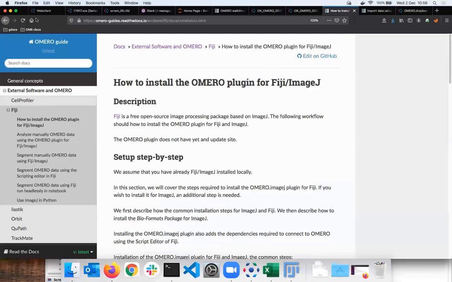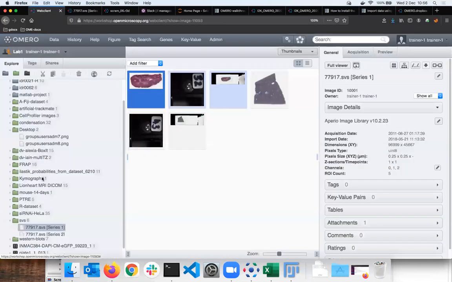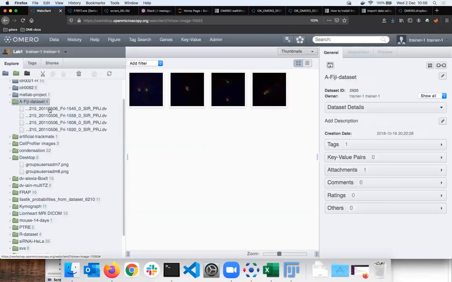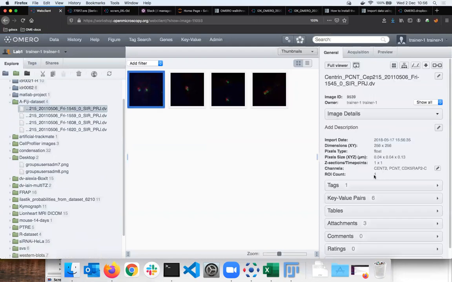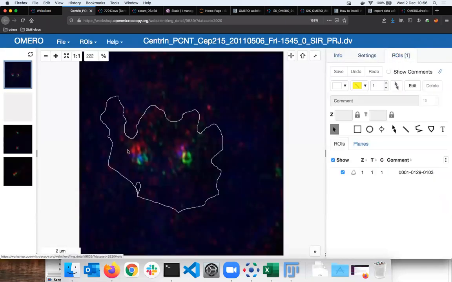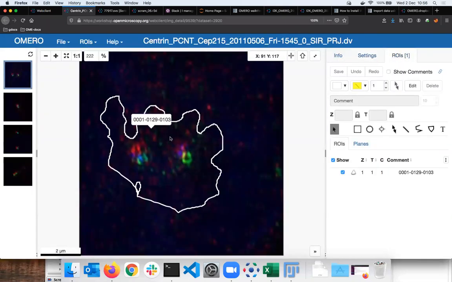I can verify it in the OMERO web client. If I go back to where you are hopefully still logged in as well and find the same data set, a Fiji data set, I can click on here. Here is a ROI counter. It says 1 ROI. Great, this looks good. I can open it in iViewer. Yes, this is the region of interest I just drew in Fiji, and this was now saved in one click